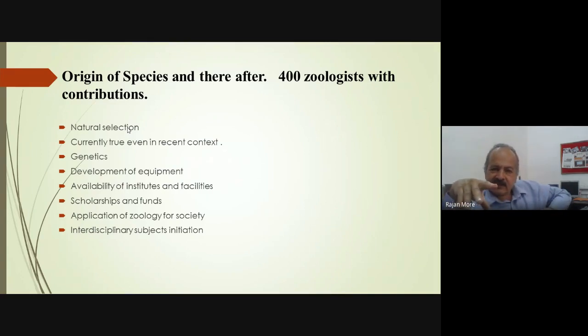So then during this era, after the Origin of Species, right up to the present day, so many individuals. I'm writing zoology because my topic was zoology, but actually microbiologists, botanists, zoologists, individuals studying geography, geology, all have contributed to the development of different equipment and making available the data, publishing the material, and so on and so forth. Then what I've written down is that what is right now governing the development of all the subjects is development of equipment, availability of institutes with facilities which was not present in the prior era. Now they are present, scholarships and funds for carrying out research, and interdisciplinary subjects which help in solving problems which are faced by scientists of